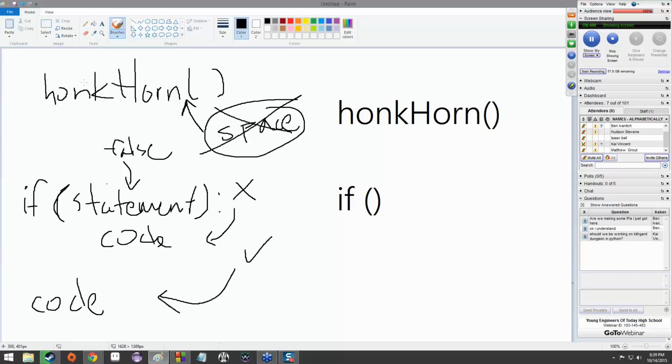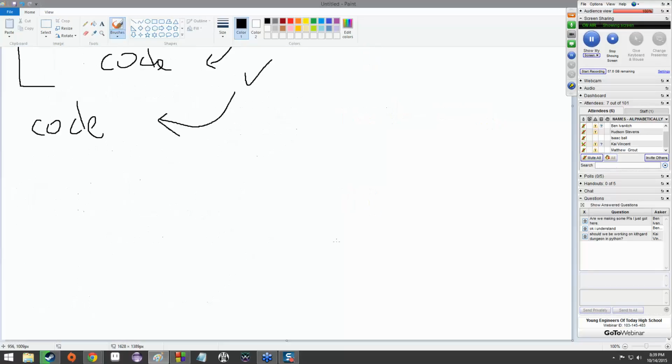Now there's an important distinction to make. If the if statement is true, then this code still gets run after the if statement. It's only when it's false does it really change a whole lot. So this if statement would then not execute and you'd skip on to the next thing. So this allows you to have some variance in your code.